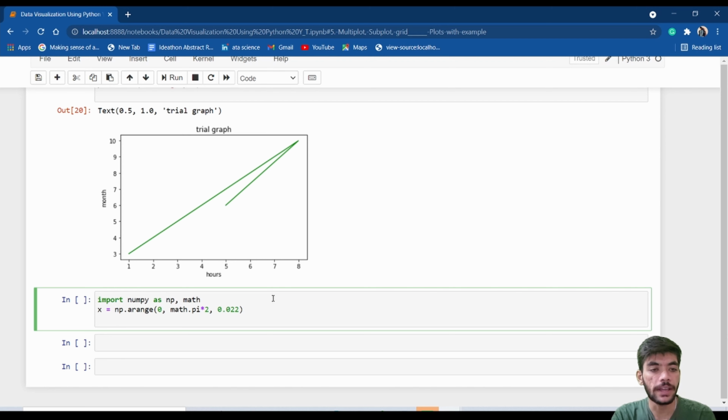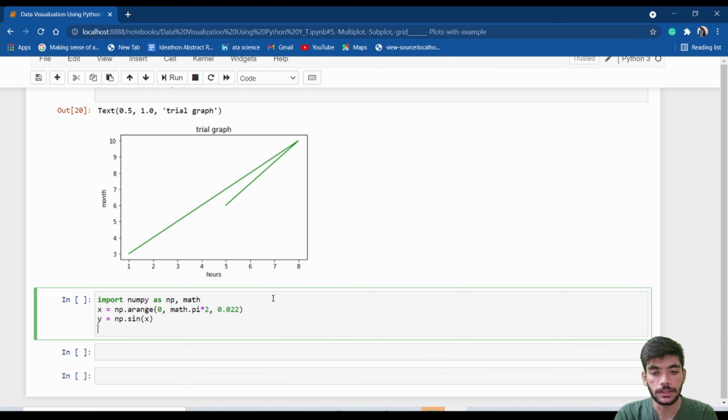So this one will be our x-axis, that is x equals np dot arange 0 comma math dot pi square comma the value 0.022 interval. So now we will create our y-axis. So here y equals np dot sin, we want a sine graph, that's why we will write sine of x. So we have given the x function, and for that we want our graph, that is sine function of x.